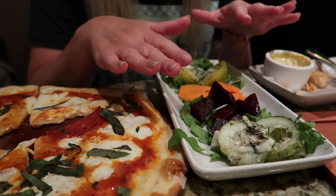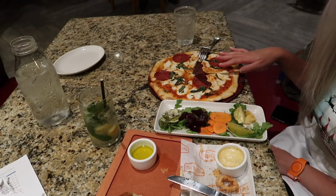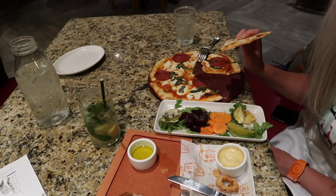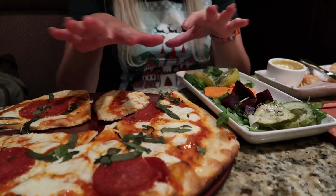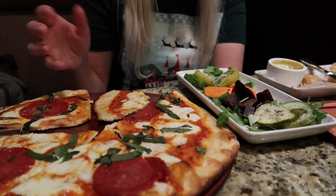Honestly, if I could buy a jar of those pickles right now to take home with me, I would. I have 2 half-eaten slices of pizza here because I wanted to get to that pepperoni in this one, so let me properly finish one. I'm having a lovely dinner here with my pizza. Again, it's a single serve, but I could easily share this with someone, but since I don't have to,